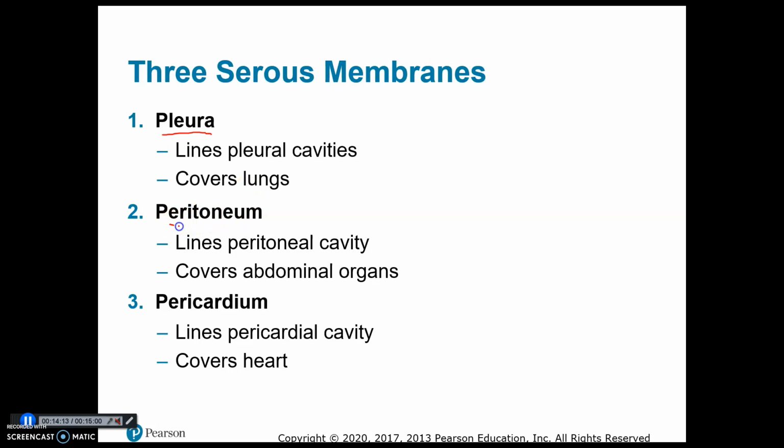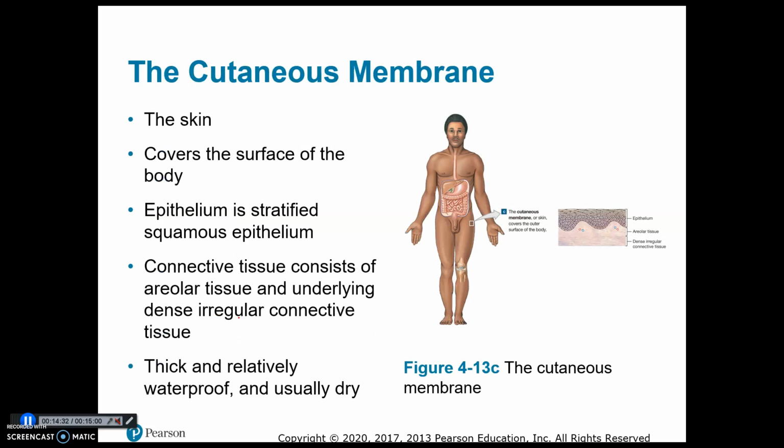The peritoneum, the parietal peritoneum lines the peritoneal cavity or the abdominal cavity, and the visceral covers the abdominal organs. And then the pericardium covers the heart, the visceral part covers the heart, and the parietal part lines the pericardial